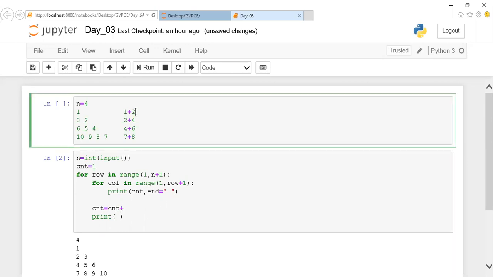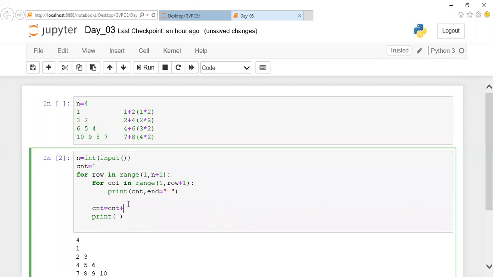Say how to form this 2, which is nothing but 1 into 2. 2 can be formed. And here, what is this? 2 into 2. 4 will be formed. And here 3 into 2, we know that will form 6. The same way 4 into 2 will form 8. So this 1, 2, 3 is nothing but first row, second row, third row, fourth row. So just multiply 2 with the row count, you will get this value. So what I'll do is, what is our row? We know that row has value 1, 2, 3. So row into 2. Got it?